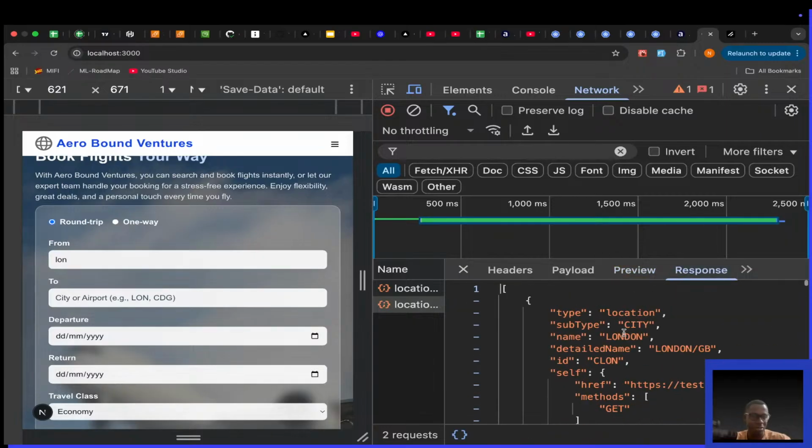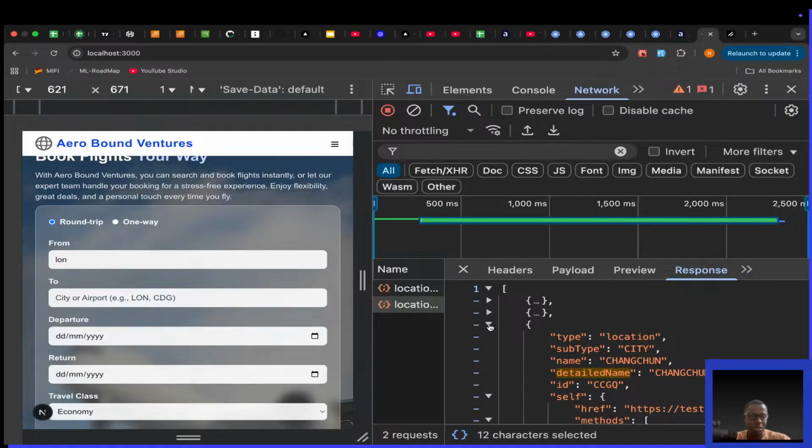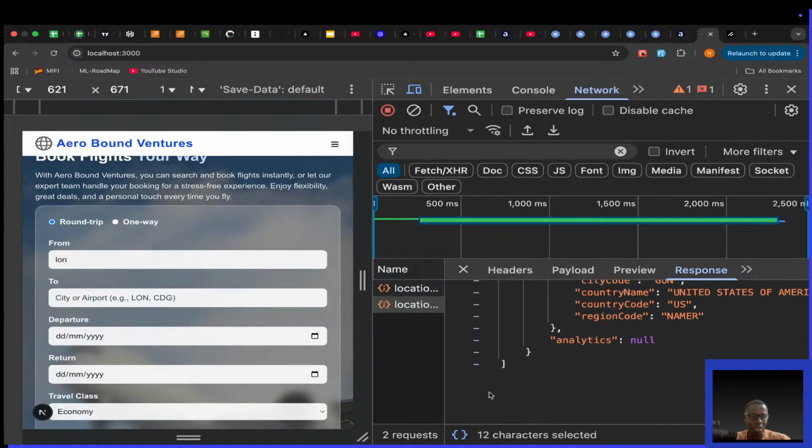The response is quite similar to what we saw in Postman. So we get the type location, subtype city, name London, etc. So it's working. One thing we can see is that at least the API is working. But what we need to fix,